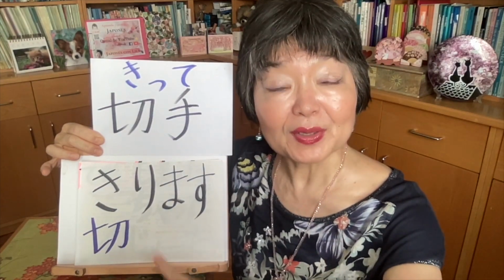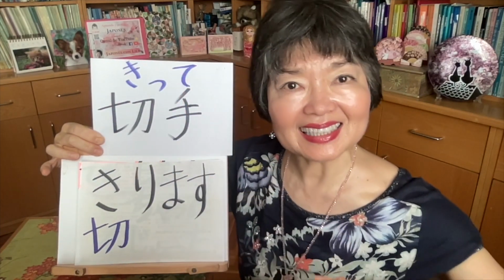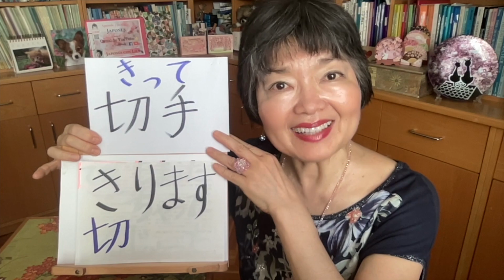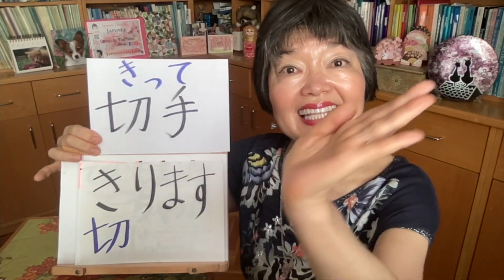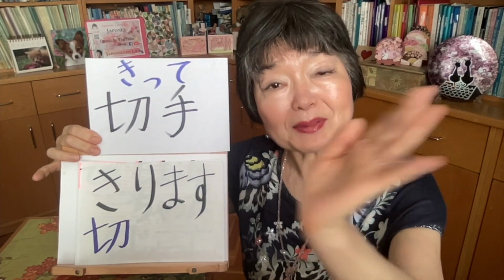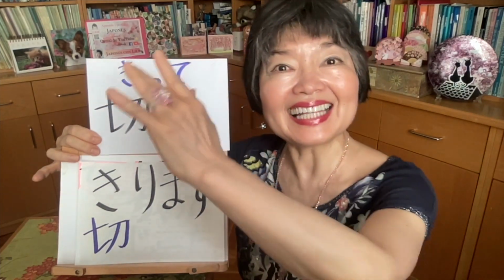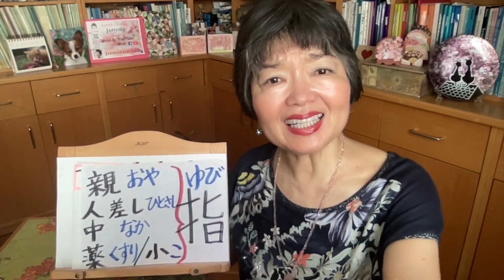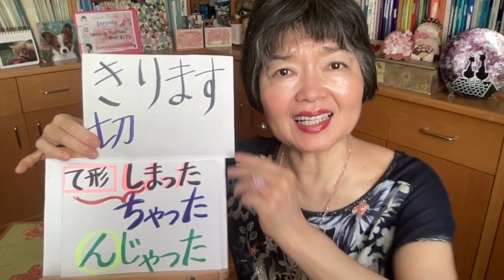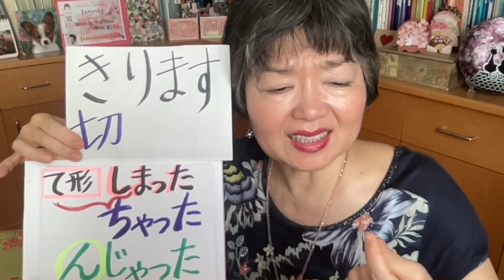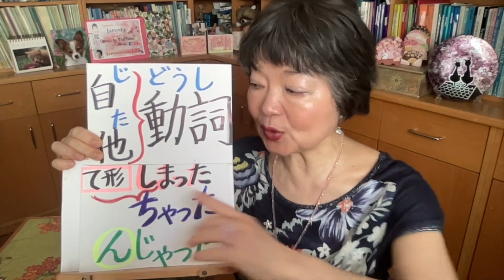This one, the te form of the verb, 切って。And this one is the word for postal stamps, 切手, with this kanji. 切って, going up, postal stamps. And the te form of the verb 切ります, 切って. うっかり指を切ってしまいました。うっかり指を切ってしまった。うっかり指を切っちゃった。